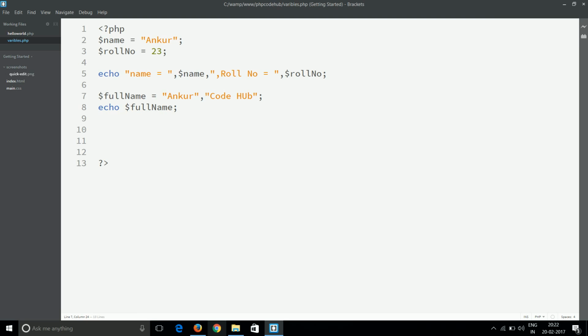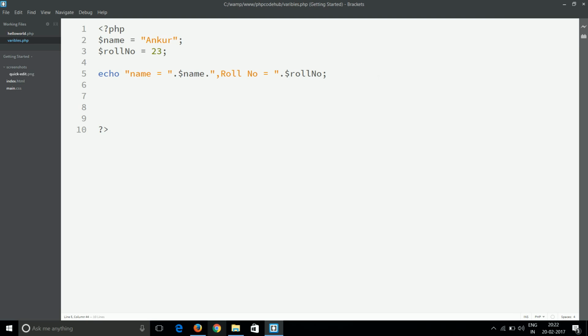Hence we have to keep in mind that we cannot use comma while we are concatenating two strings. So whenever you are using concatenation, better use dot in place of comma, because that will be more helpful in all places. Comma will create confusion.